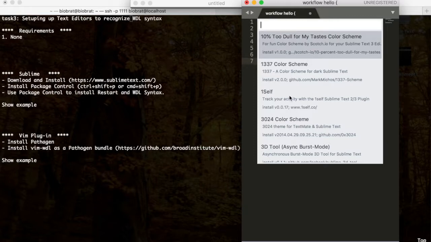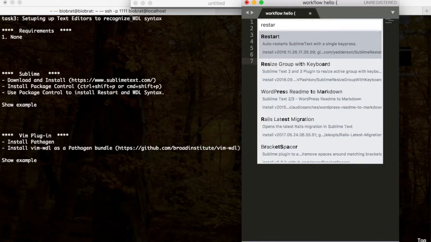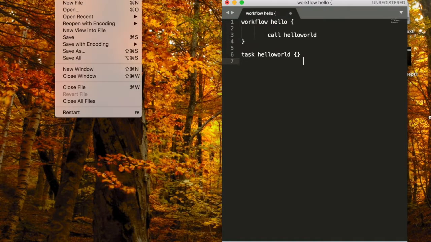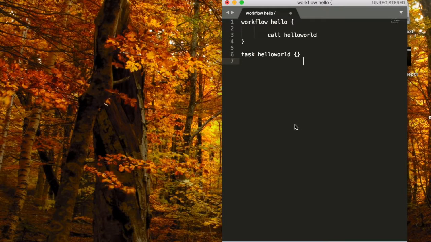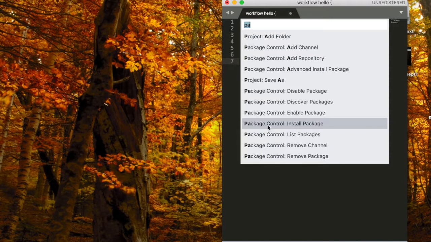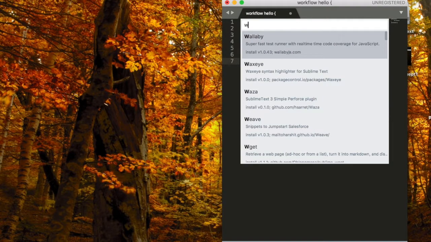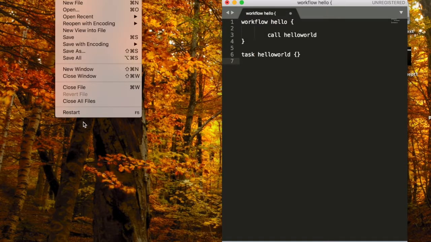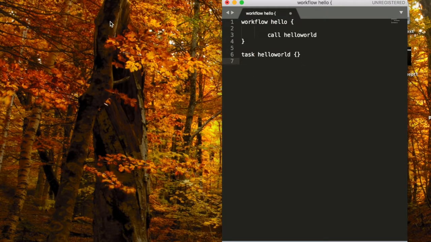Now the first package we want to install is Restart. After you install the Restart package, you should be able to view Restart under File. If you don't, you might need to close out Sublime and open it up again. After that's installed, we'll do Shift-Command-P again, and again install a package. And this time we'll do WDL syntax. After you install the WDL syntax, you'll want to restart Sublime, and you should